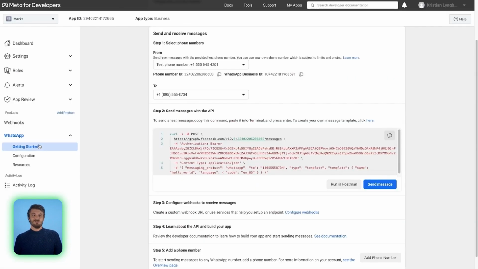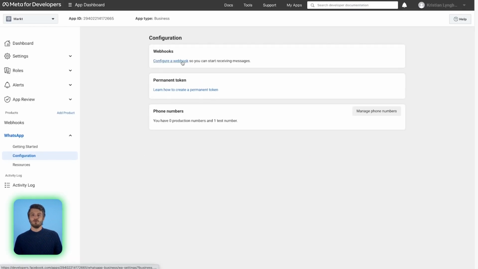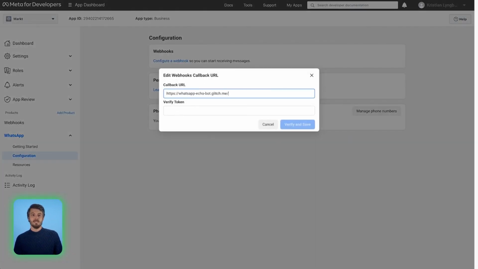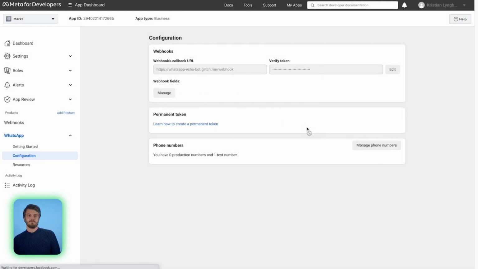Let's navigate back to the webhook configuration, and I'll paste my Glitch webhook URL right there. And here we go, opening up the configuration. I paste it. And as part of the webhook setup, you also need to pass in a verified token, which you fill in here. It's a variable your webhook server backend should validate on setup as a security measure. And in this case, we expect the verified token to be Blue Panda.